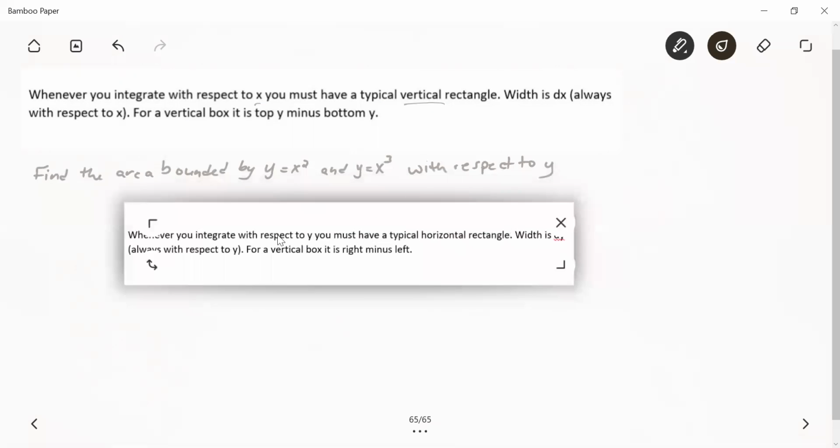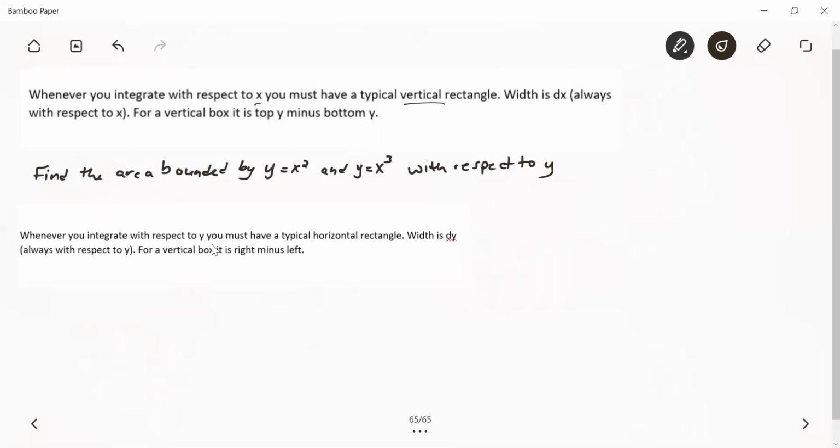Whenever you integrate with respect to y, you must have a typical horizontal rectangle. Your width is your dy, and that's always with respect to y. For a horizontal box, it is right minus left. Okay, so if I were to draw this out,